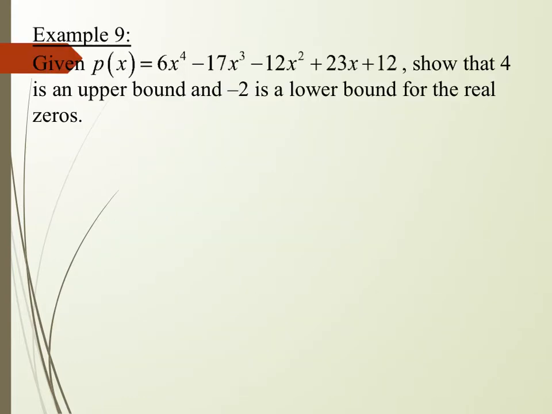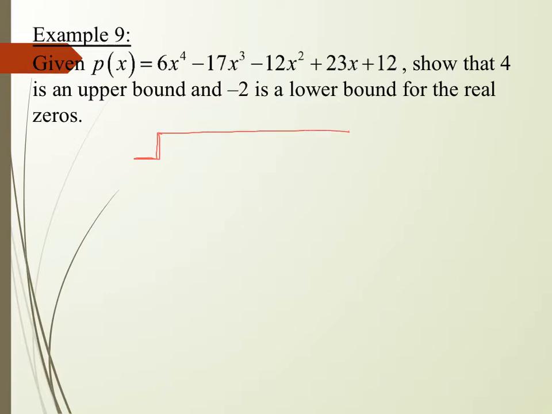So now we're going to look at the following example, example 9, and the polynomial 6x^4 - 17x^3 - 12x^2 + 23x + 12. We're going to show that 4 is an upper bound and -2 is a lower bound for the real zeros. So to look at this, what we do is we're going to